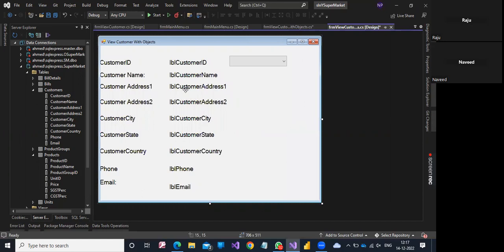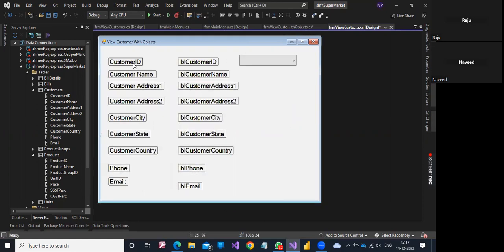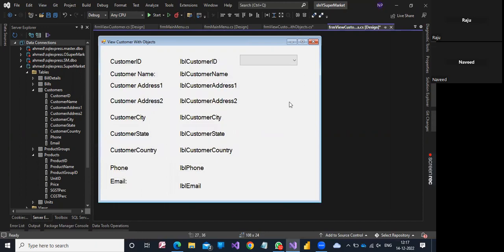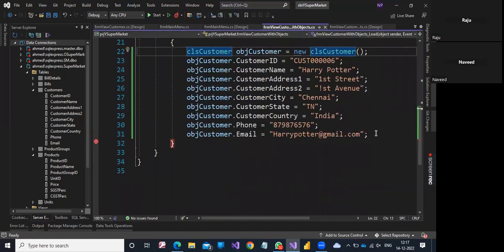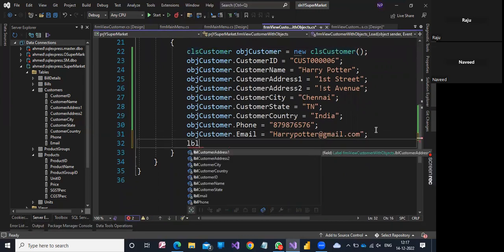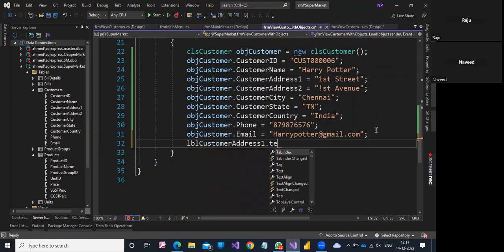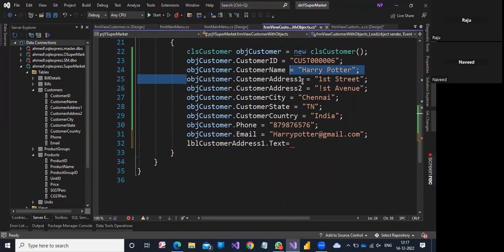Control A, and then I'm going to just do the extension here. Now what I'm going to do here is the same thing. I can just put it here if I want. I can put LBL customer address dot text is equal to, and I can just put this customer OBJ customer address one. I can put it here,